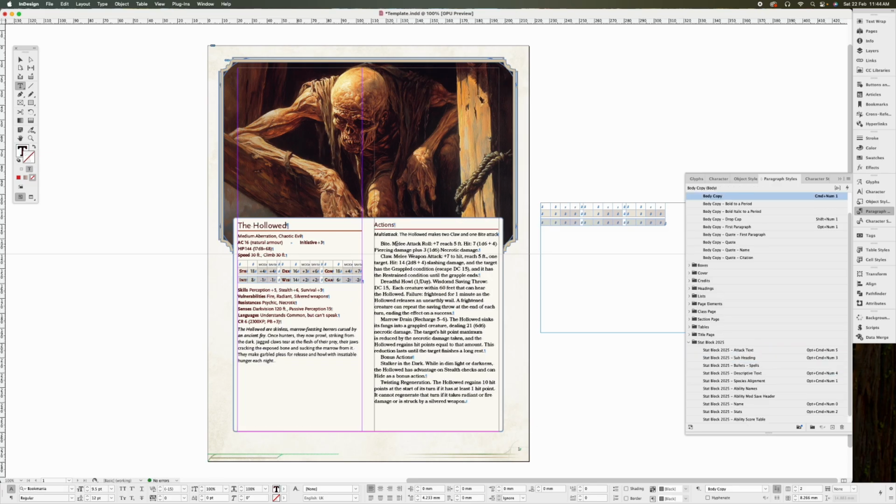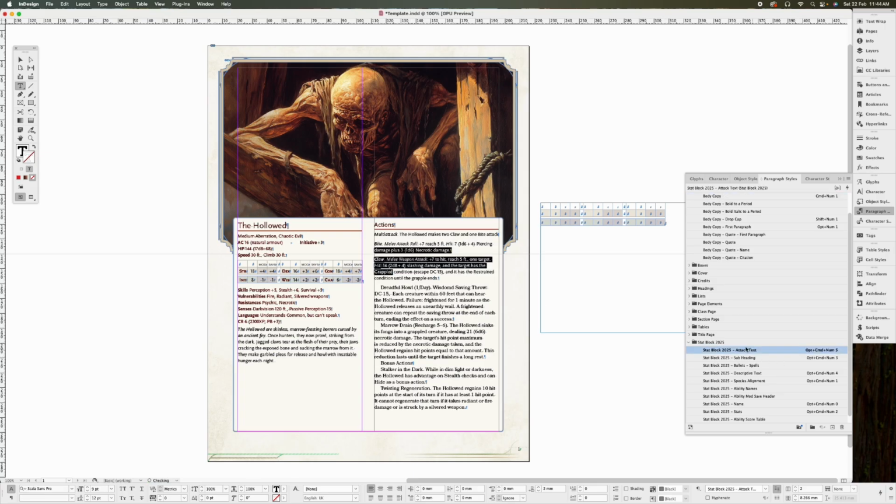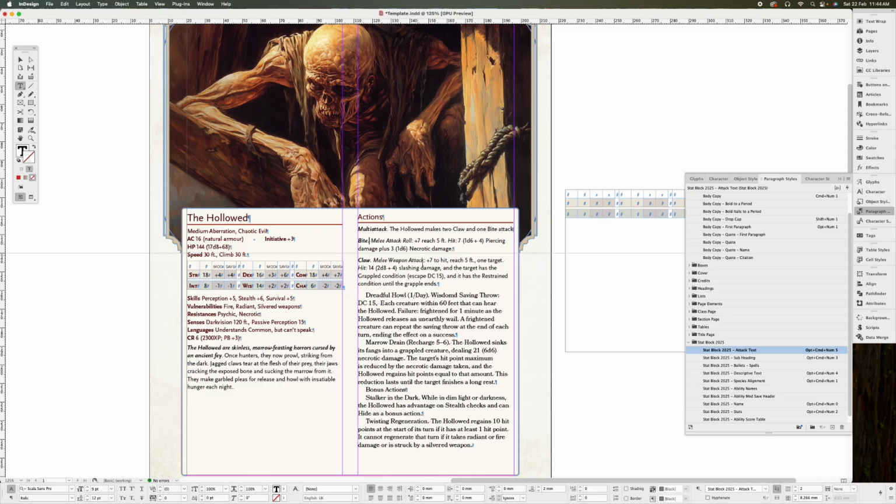So here we've got like bite, claw, they're both attacks, so I will apply the attack text. And you'll see that it's automatically applied the bold italic, followed by the regular italic, and then you'll notice that hit is italic, and then the rest of the text is formatted properly, and the same with claw. Then I will select